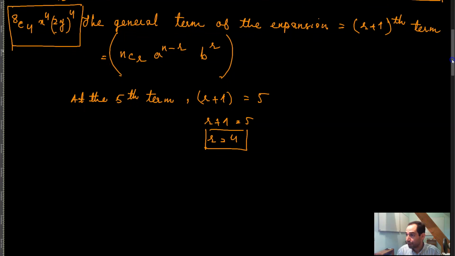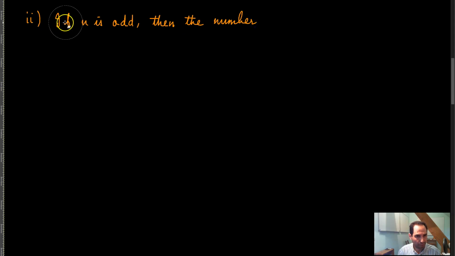Now the second point to be noted related to the middle term is: number 2, if n is odd, then n plus 1 is even. Let me write it properly. So then you can say that if in a plus b raised to the power n, n is odd,